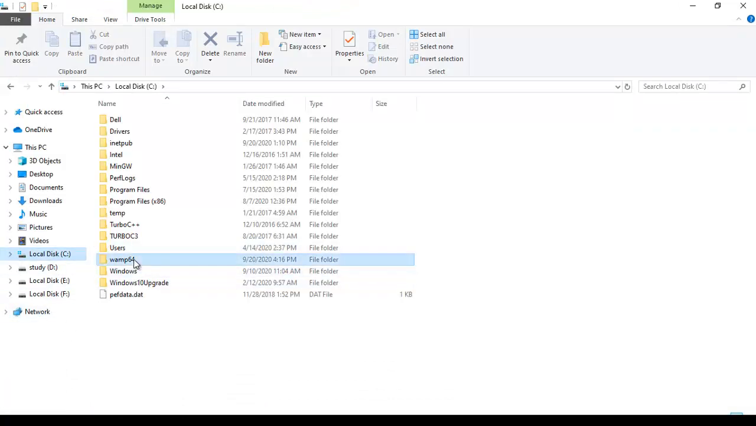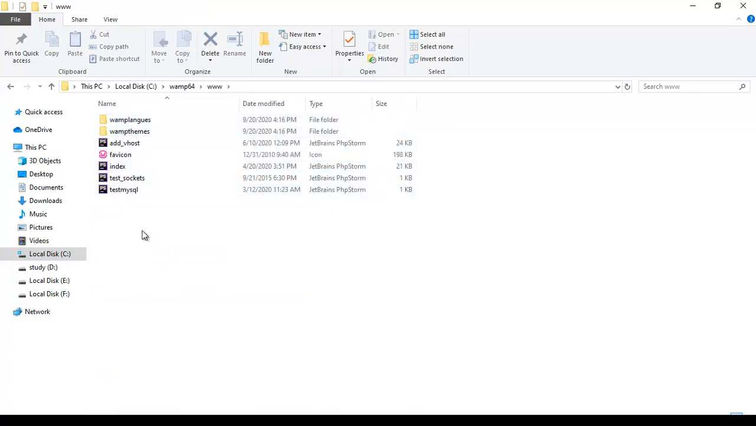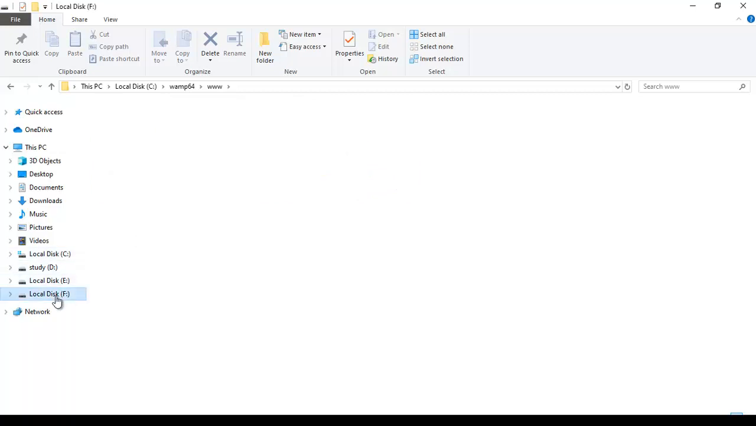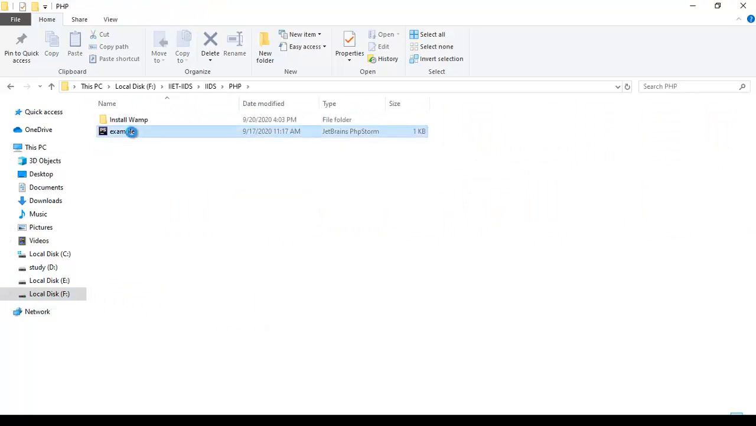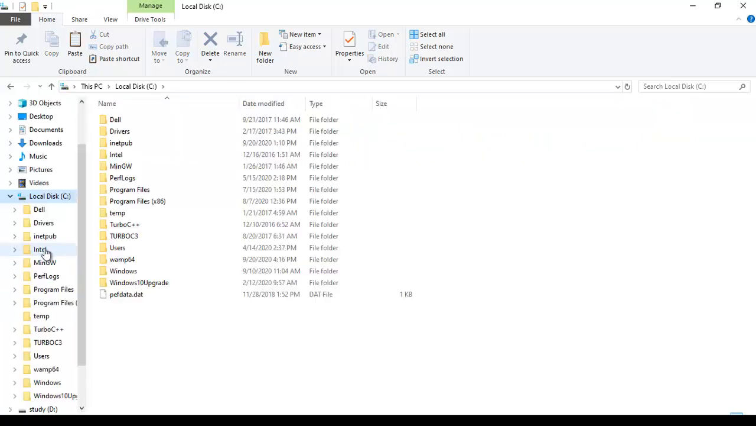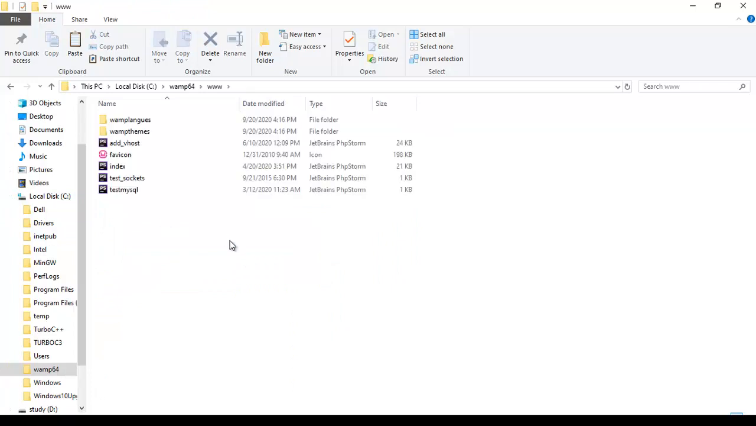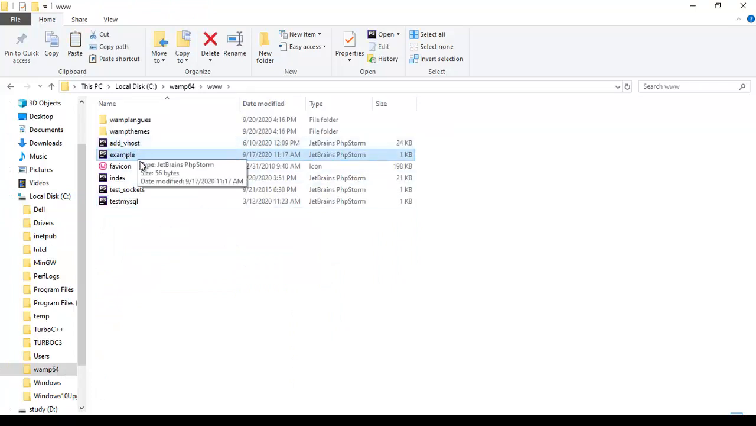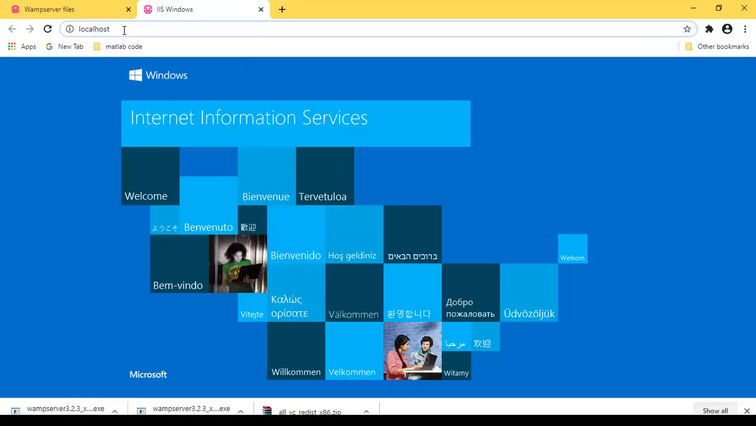Now you have to copy your PHP file into this folder. I have already created one file, this example. I'm copying this file and pasting it in the Wamp server www folder. Control V over here. Now go to the browser and here you have to type